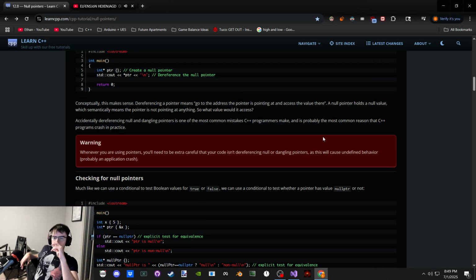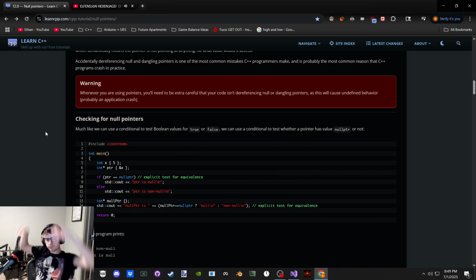Cool. Yeah, pointer to an int. That's our x. If pointer is null, it's null. Otherwise, it's not null. Cool. And then we say int null pointer, same thing. What is this? We have a ternary.